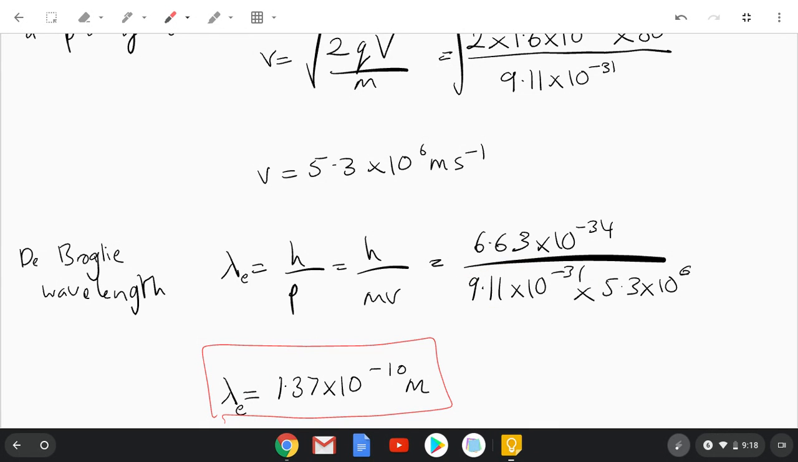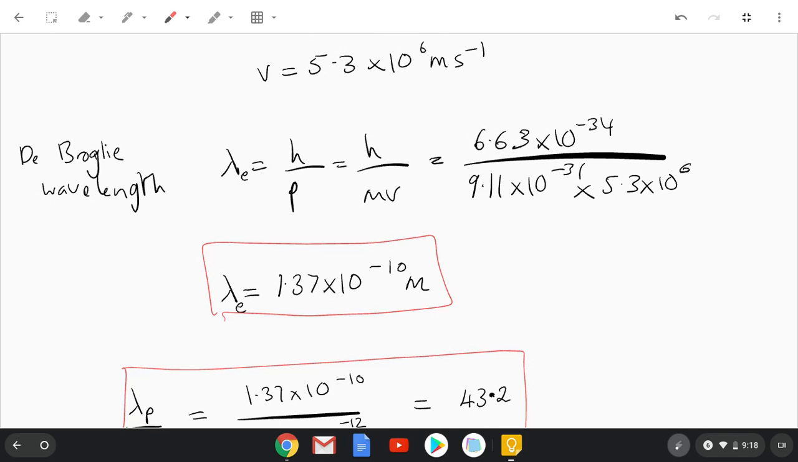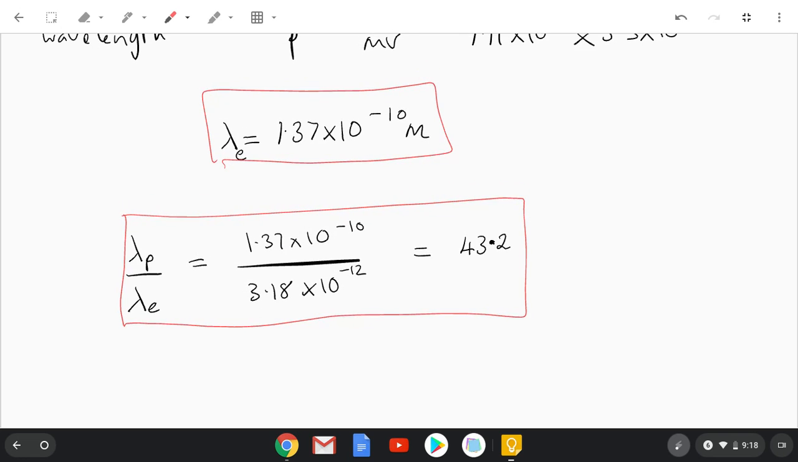So 9.11 times 10 to the minus 31 is the mass of the electron. The speed of the electron after it's been accelerated by 80 volts is 5.3 times 10 to the 6. And what we've got is the de Broglie wavelength for the electron is 1.37 times 10 to the minus 10 meters. Now, my question was compare the de Broglie wavelength for the electron and the de Broglie wavelength for the proton. And I had it the wrong way around. I should have